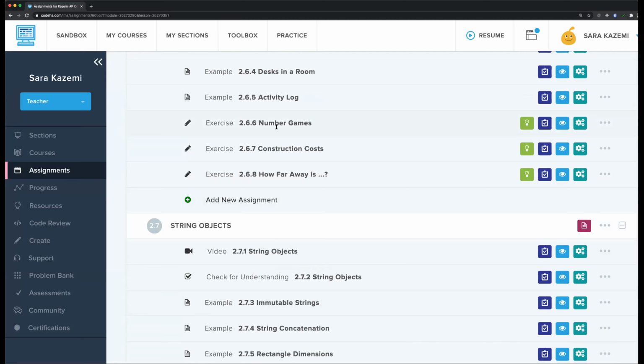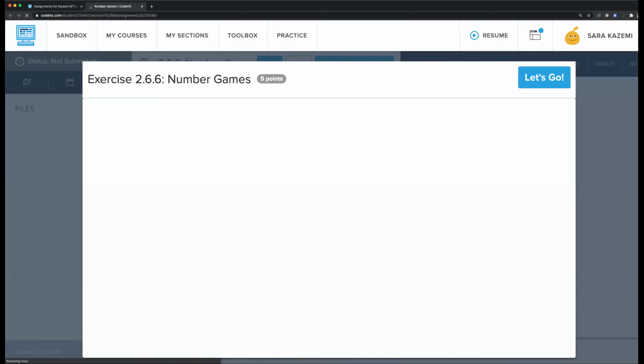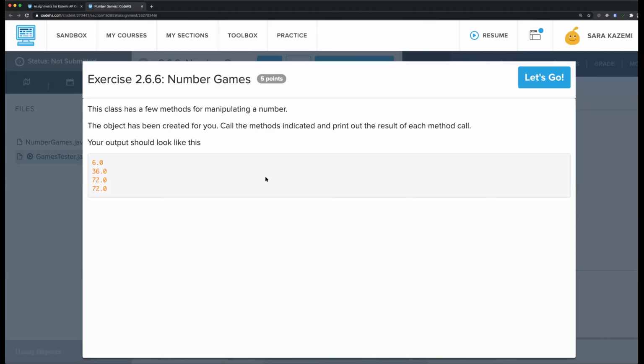2.6.6, which is number games. So let's go ahead and open that up. And as always, we really want to look at the directions and make sure we understand them before we start diving into the code. So this class has a few methods for manipulating a number. So we're going to want to look at the number games class. And then the object has already been created for us. We simply need to call the methods indicated, probably in the comments, and then print out the results of each